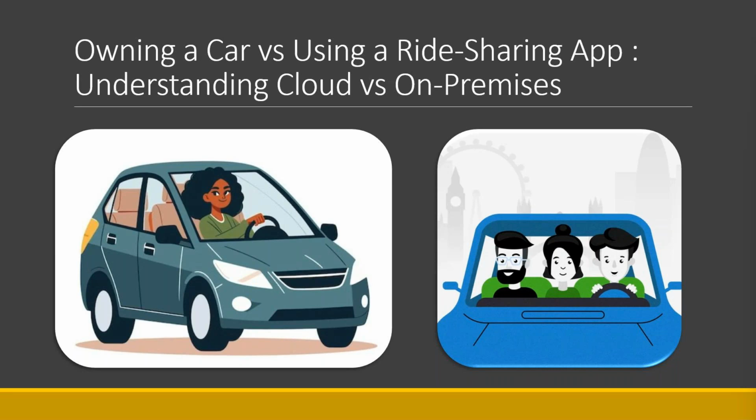So once you purchase a car, you are going to pay upfront and you will be owning it. Once you own it, whether you use it daily or once a week, the car will be always yours, right? Once the car breaks down, it's your responsibility to take it to a service center and get it serviced. So now let's convert all these terms into the software side. Owning a car refers to the on premises, the term that I have mentioned in the title.